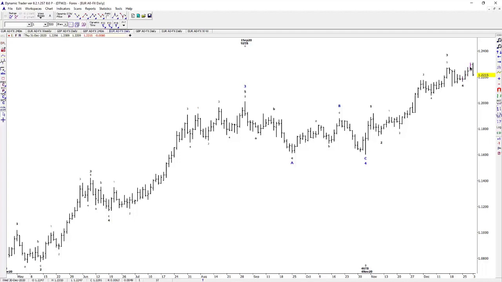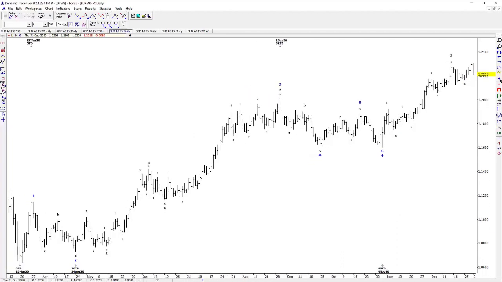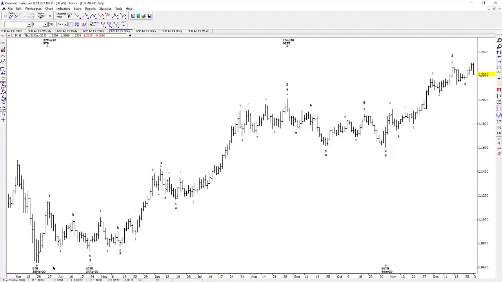When this section up is complete, we should have completed, or I should say we've probably completed, a higher time frame trend going all the way back to this March low. So we're down to, this is fantastic. When we take out the wave 4 of 5, that's a strong pattern reversal signal that we've completed the higher time frame trend. We've completed this section up, and when this section is complete, we've completed the entire trend going